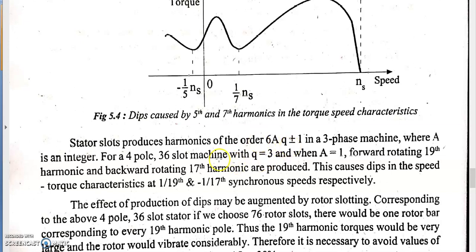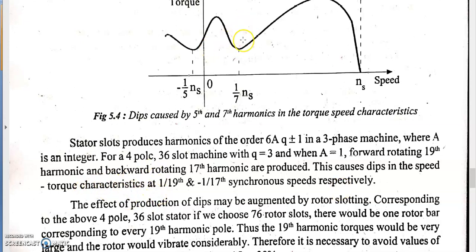pole per phase. So for a 3-phase 4-pole 36-slot machine, Q will be 36 slots divided by 4 into 3, 12. That is 36 divided by 12, which is equal to 3. So Q is equal to 3. For Q equal to 3 and A equal to 1, what will happen is 3 into 6, 18, plus 1, 19, or 17. So the 19th harmonic will produce